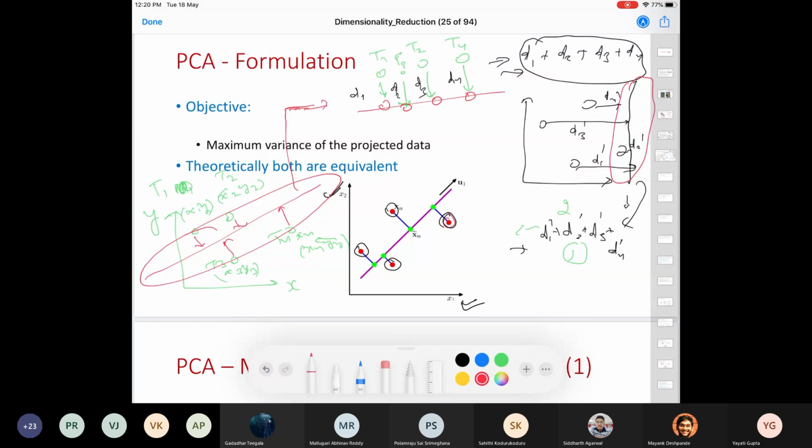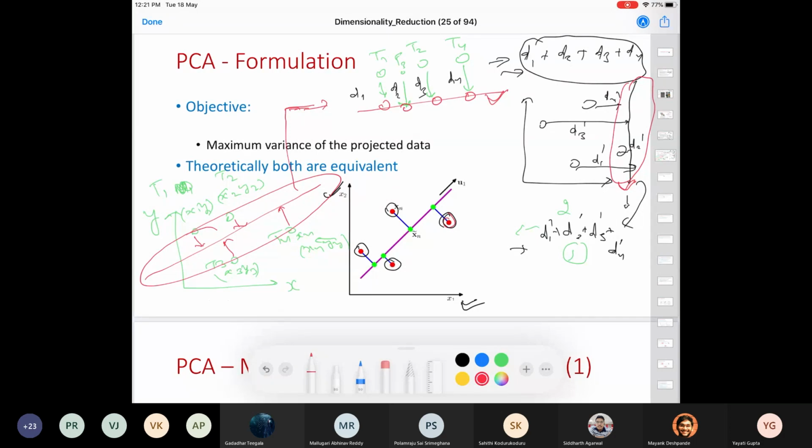What I'm asking you is, for each individual point, let's say I compute the distance with respect to the new dimension, and I sum it up across all the data points. That is like the information loss that happens if I project my 2D data onto this one dimension. I've given you two examples: with this red line, I have one scenario, and with this black line, I have another. Where do you see the distance would be higher?